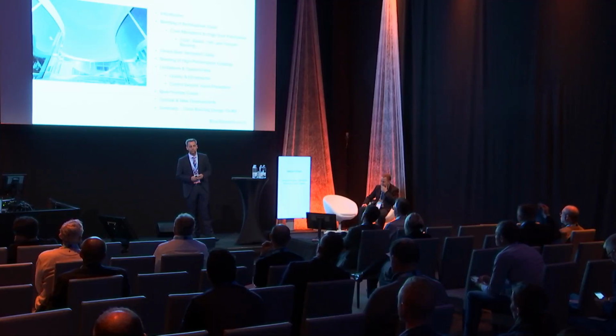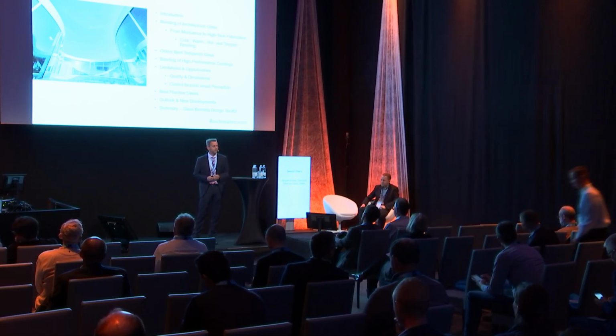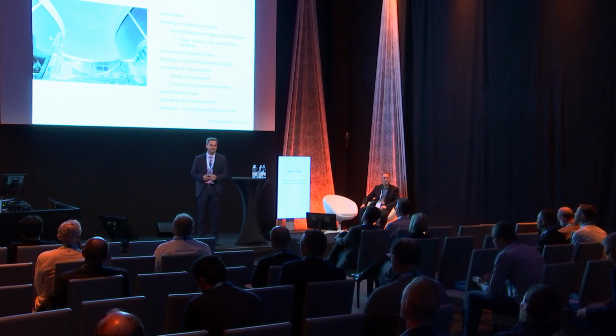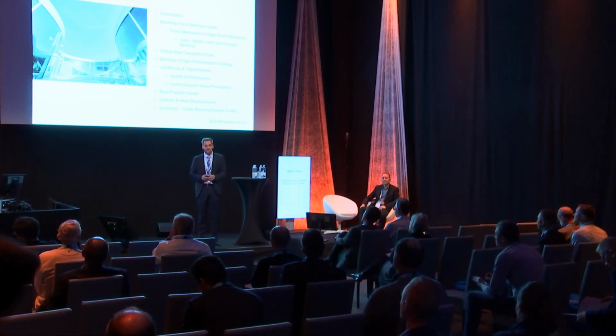First things first, just getting you an overview about all the different topics I'm going through, which is more like an introduction, and that introduction is more related to other technologies in glass bending as well. We are going through the whole mechanics of bending glass without a thermal impact. We are going through different application methods as well as processing methods of how to bend a glass with other layers involved as well. Until we are finally coming to the heat bending of glass, which then evolves into the temper bending of glass. So you see, there are many different kinds of technologies in how we can actually form a glass into a shape. We will talk about online bending glass, which is more or less the temper bending technology, looking at limitations